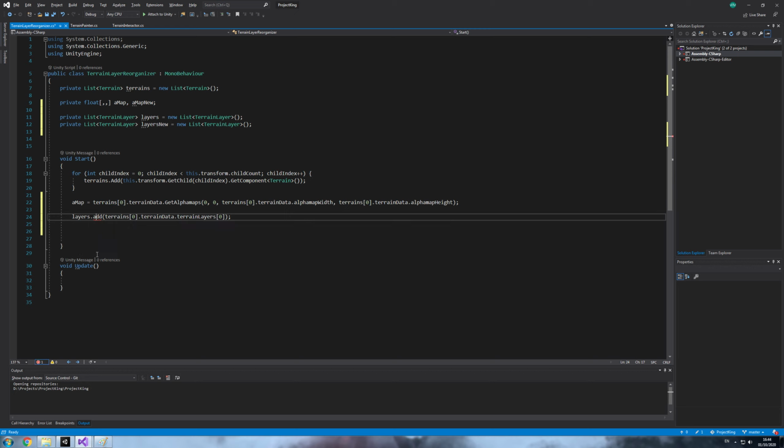Why do I like add? Is it capital A? Yes, it is. But we are only adding one terrain layer. So we have two options. First of all, we can actually loop, depending on how many layers we have, or we can actually use really nice